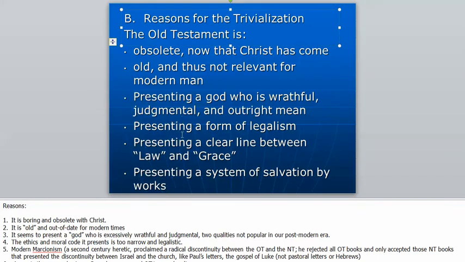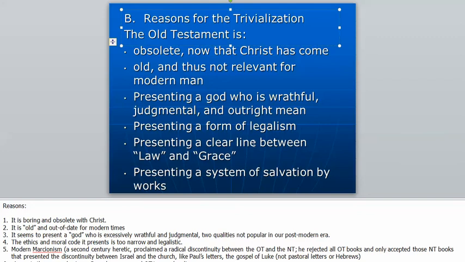Or, this is huge, the Old Testament presents a form of ball and chain legalism. Like Moses comes down from Mount Sinai and introduces this very legalistic ball and chain for Israel, in terms of what was, I will argue later, revolutionary and gracious in its day. I'll just leave you in suspense.